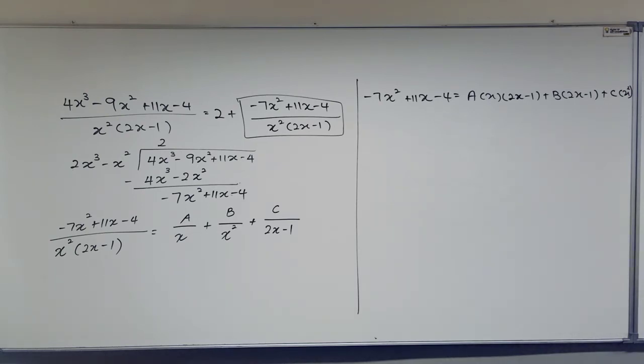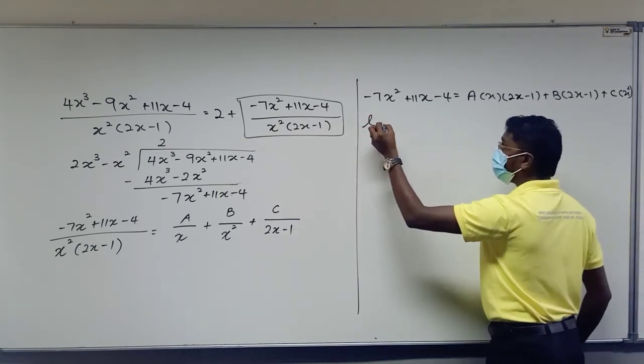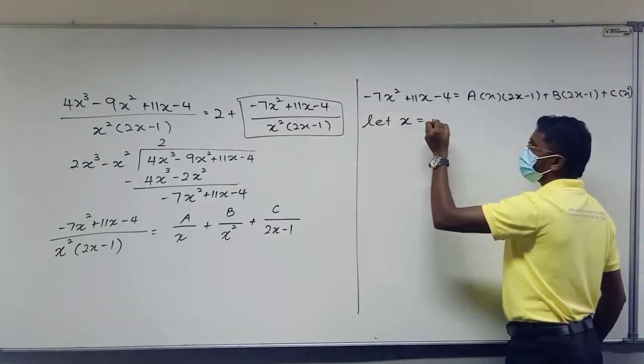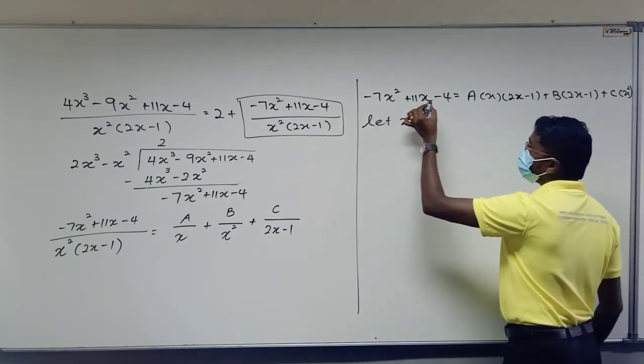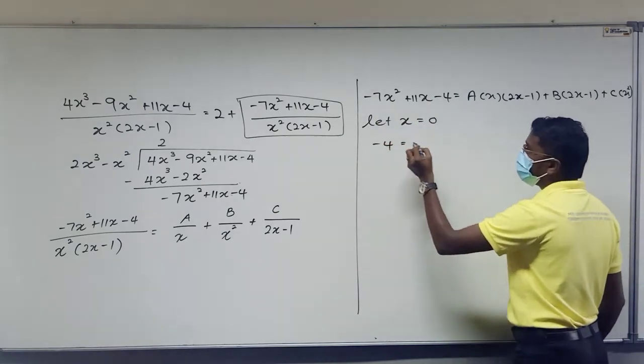Okay? Therefore, we eliminate a and b first. So let x equal to 0. Therefore, negative 4 is equivalent to